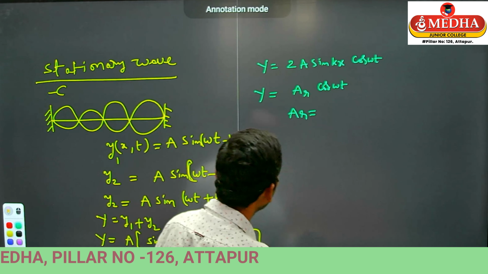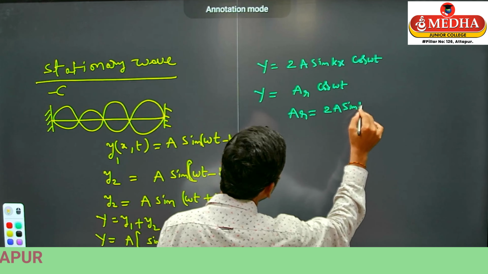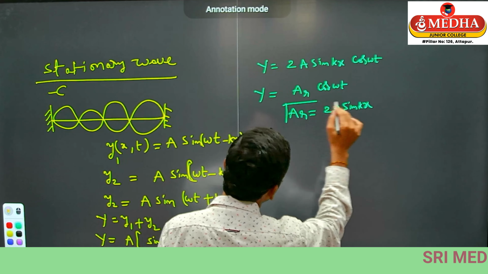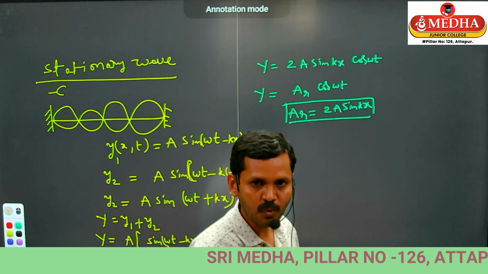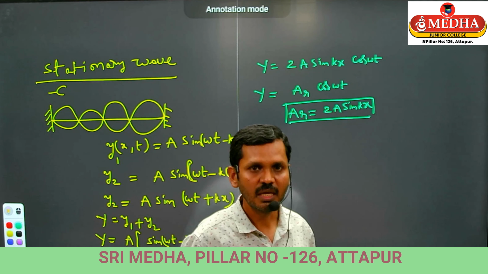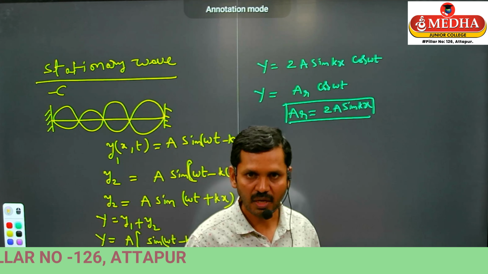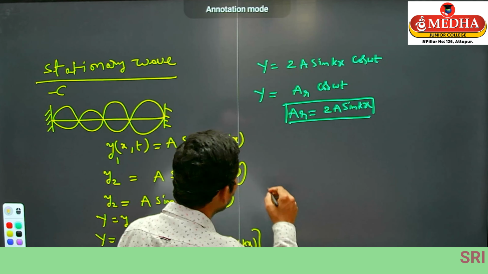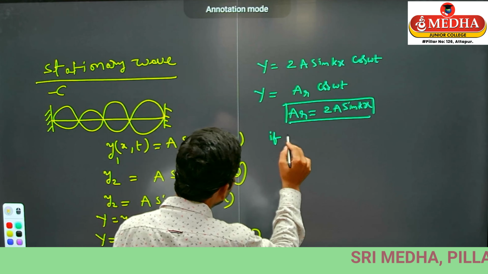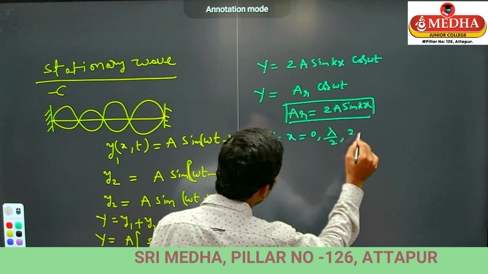That resultant wave amplitude is equal to 2a sin(kx). This is an important equation, and here, as I already told, k is the propagation constant. The k is equal to 2 pi by lambda, where lambda is the wavelength. Okay, right. Next, in this equation, suppose I take x is equal to 0, lambda by 2, 2